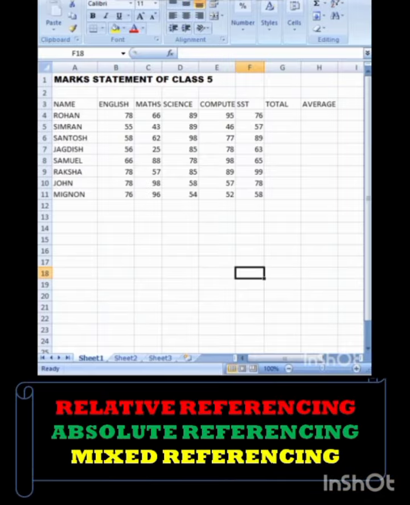So let's discuss using a formula in Excel. What are the elements of a formula? Suppose I want to calculate the total of these marks. I can click on the cell of total and write a formula. The formula is the equal sign, and then whichever cells we want to add, just give the cell